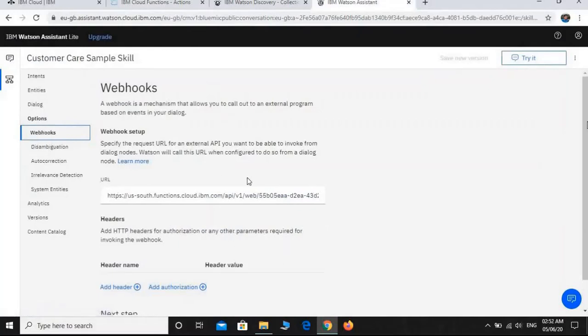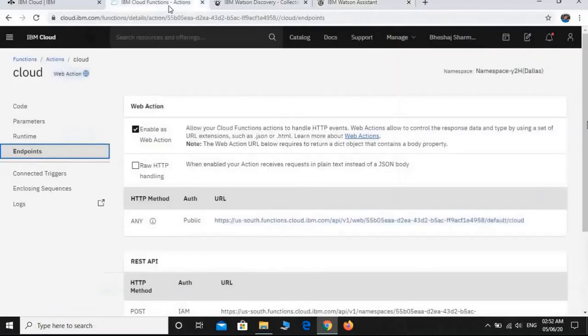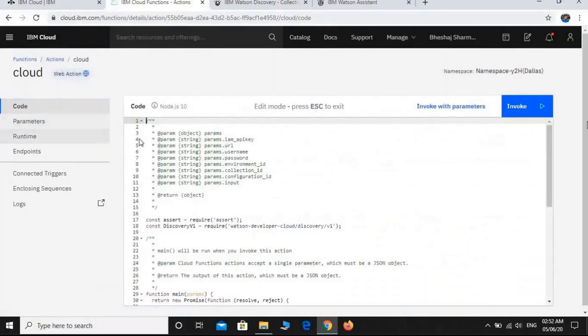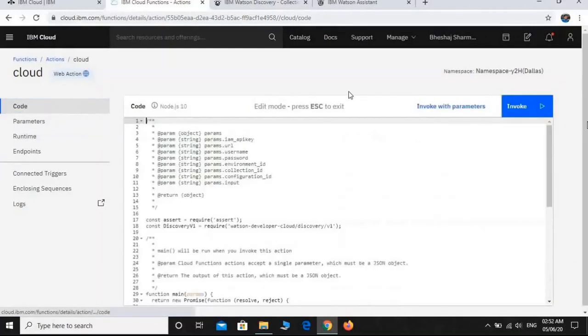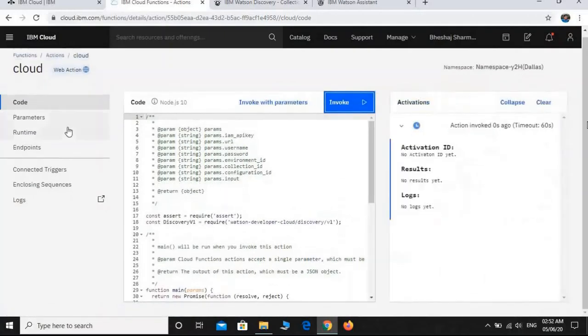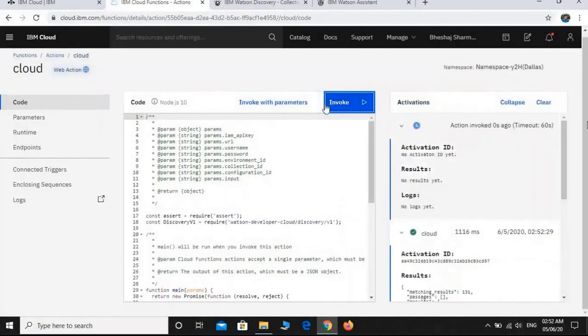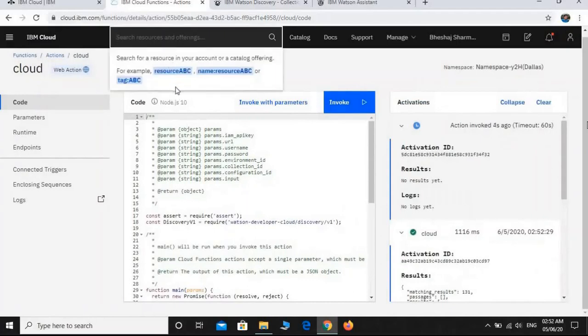And this is our webhook ID. There are a lot of options which you can search on your own and know better.